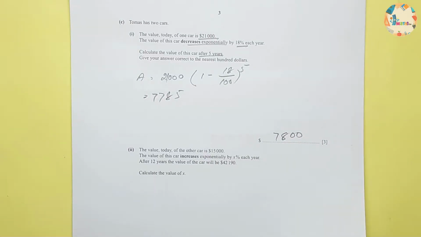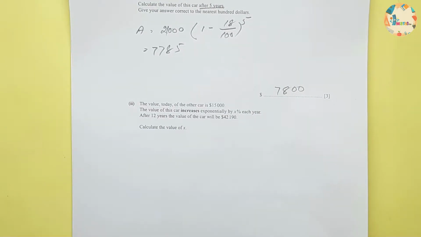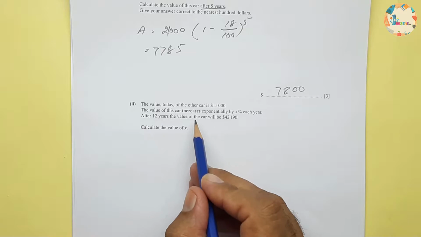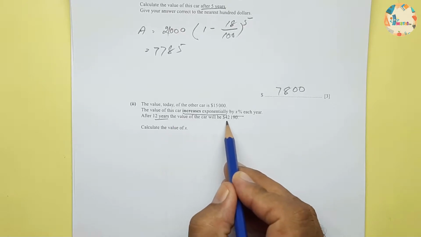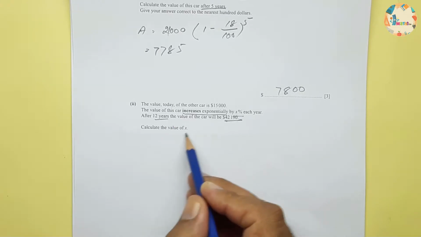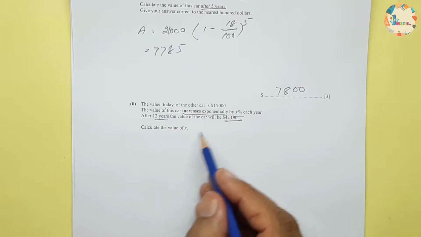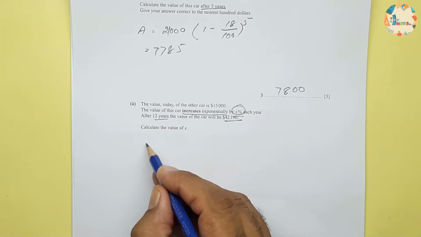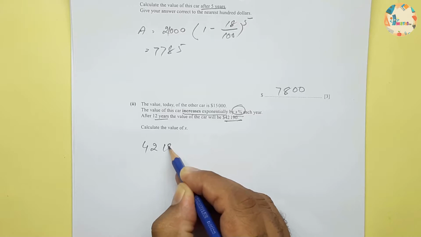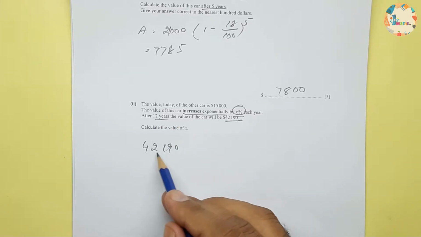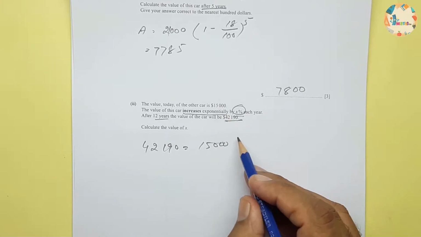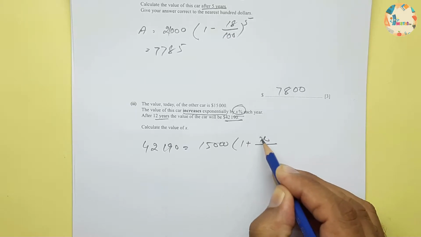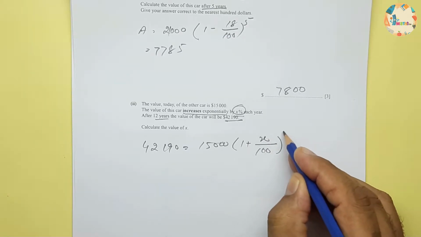So we can round this as 7800. Second part, the value today of the other car is $15,000. The value of this car increases exponentially by X% over a 12 year duration, and the value of this car will be this one. So calculate the value of X. We have to calculate the rate. So again we will use the same formula. Now the price after 12 years we have is 42190, and the principal amount is 15,000, which is given, then 1 plus X over 100, because we don't know the rate, which is X, we have to calculate, and the duration is 12